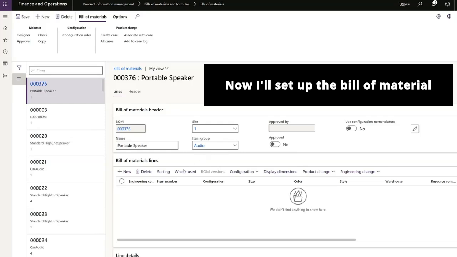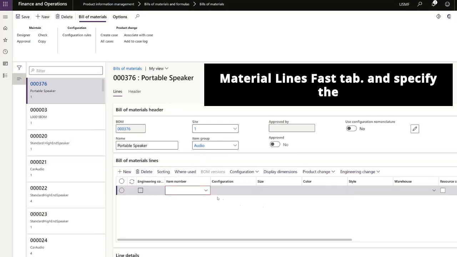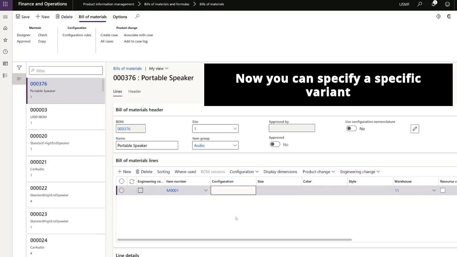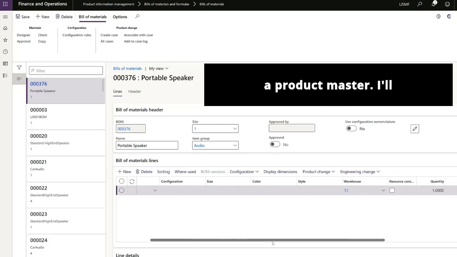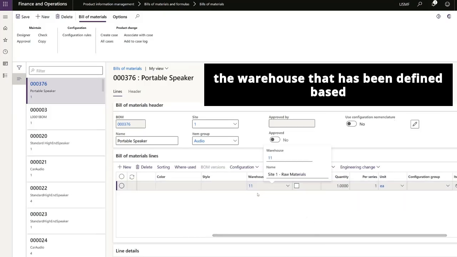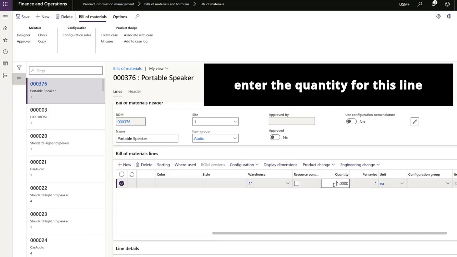Now I'll set up the bill of material lines. I'll click New in the Bill of Material Lines Fast tab and specify the first item number for the BOM. Now you can specify a specific variant by selecting Configuration, Size, Color, or Style if this item number is set up as a product master. I'll scroll over on the line and we can see the warehouse that has been defined based off of the item default. We can then enter the quantity for this line